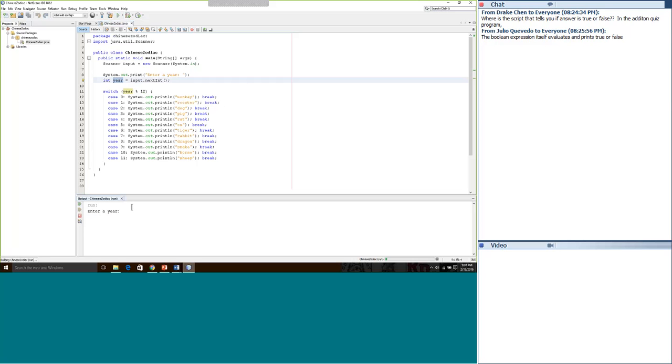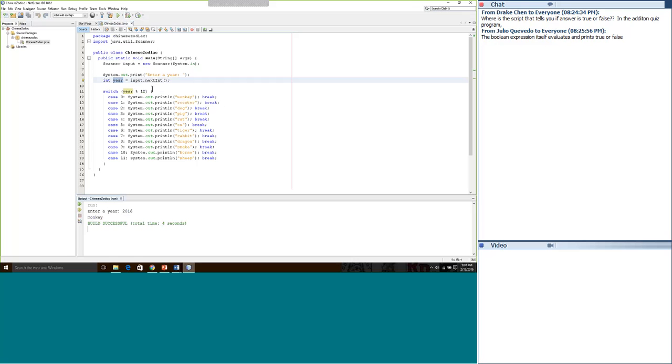We'll do 2016, which is the year of the monkey, according to the Chinese zodiac. The way that works is it's using the modulus function to return the remainder. It's going to divide 2016 by 12, throw away the quotient, and return back the remainder.